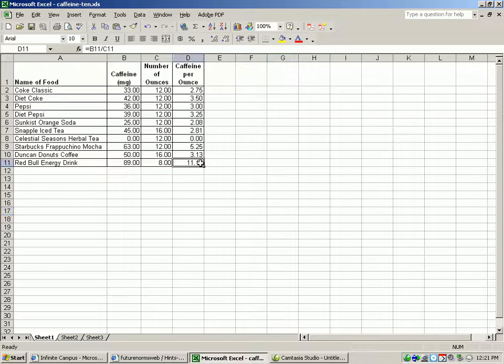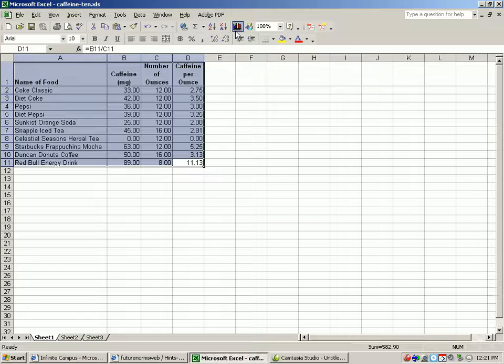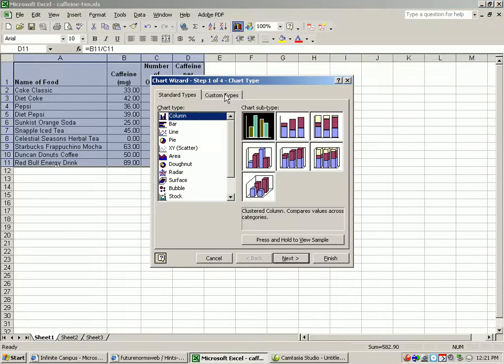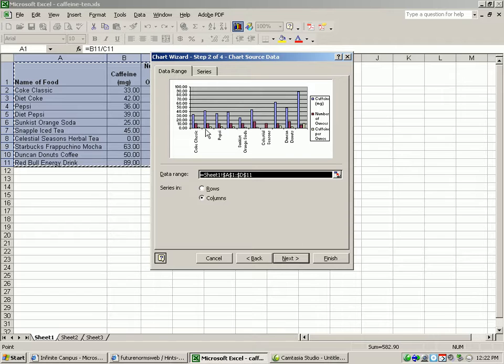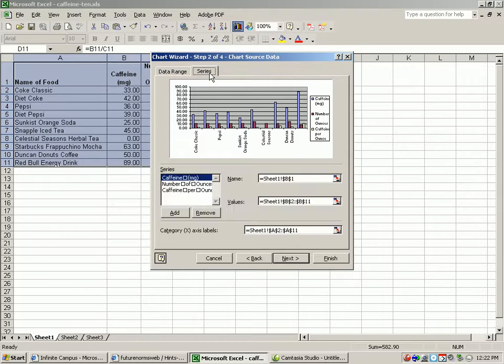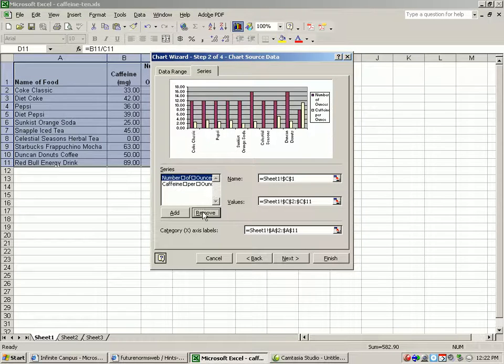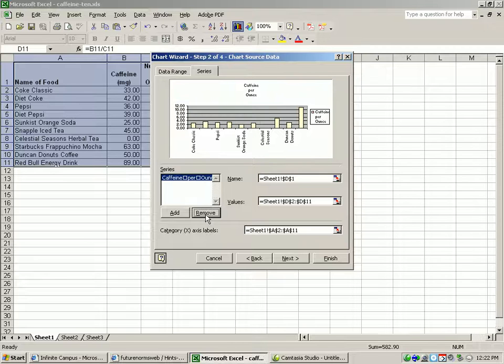If I wanted to do a graph to find out who had the most caffeine per ounce, again, select everything, click the chart wizard. I'm going to use column, next. Now it's graphing a lot of things for me, so I'm going to look at the series. I do not need caffeine or the number of ounces. I do want caffeine per ounce. So I'm going to remove the others, go to next,